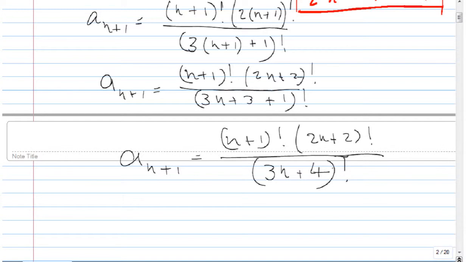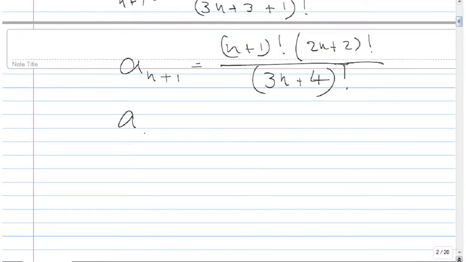Okay, as you can see, it's mostly algebra before we proceed to find the limit and then apply the ratio test. So now we go for a_(n+1)